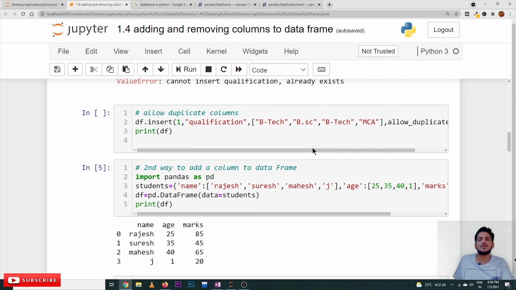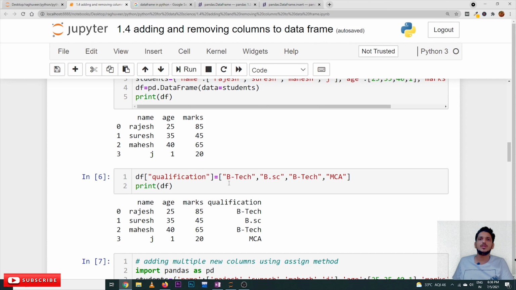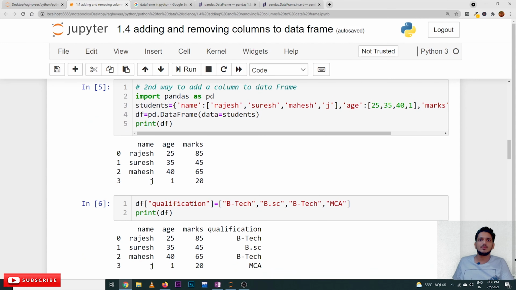Coming to our next example, the second way, one more way we can add new columns to the data frame. We do this by using df of qualification. Directly by using the variable df, which is referencing the data frame variable. If you want to access a column directly, we can access using df of name, and the name column will be accessed.